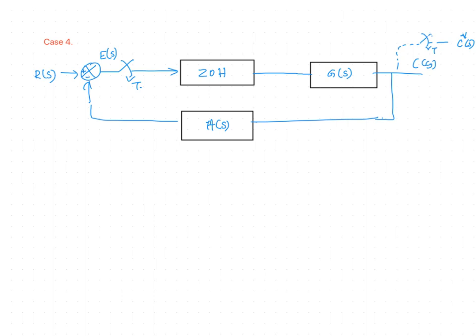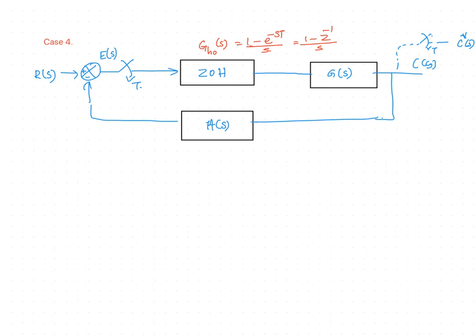And here the extra point to be noted is that the ZOH is basically a zero order hold. Its transfer function is GH0 of S, and that is nothing but 1 minus e raised to minus sT by s. We have seen that. And e raised to minus sT can be written as z raised to minus 1. So this will be 1 minus z raised to minus 1 by s. So these points should be kept in mind.